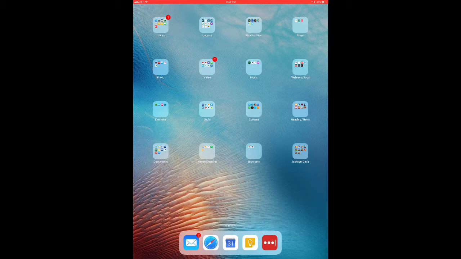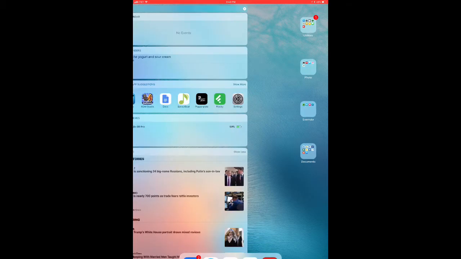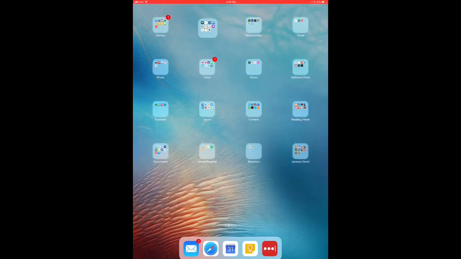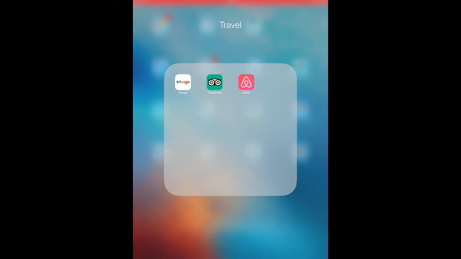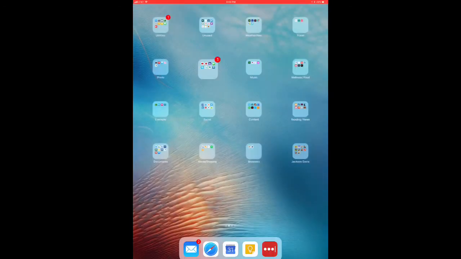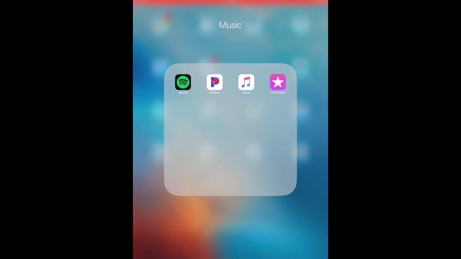So what I'm going to do is I'm just going to run through each category and briefly open the folder so you can have a glance at the apps that I use within. Categories I use on my first page include utilities, unused, and this is mostly for all those annoying iOS apps that you can't remove, weather and navigation, travel, photo, video, music, wellness and food,